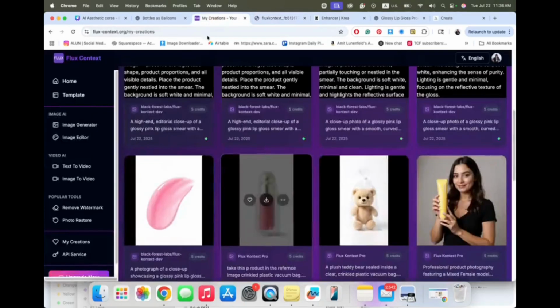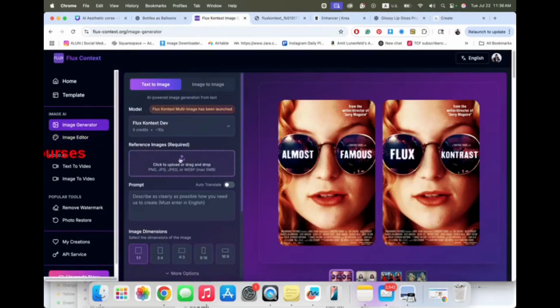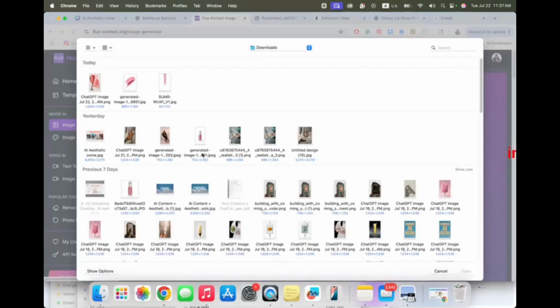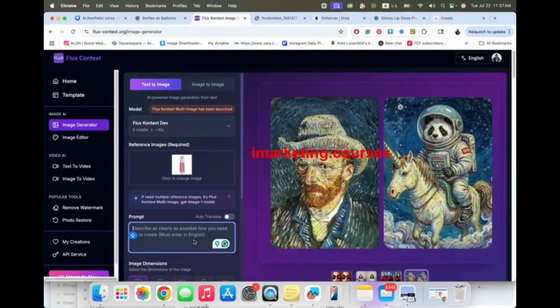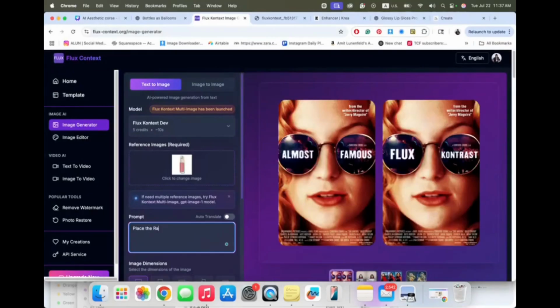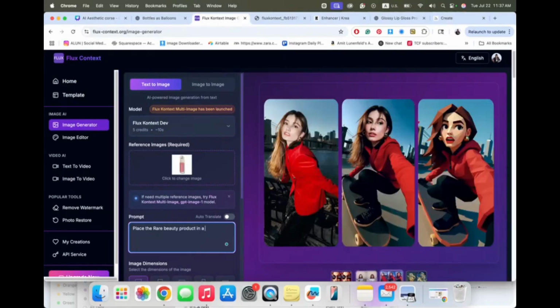The way we do it, we go here to the image generator and upload a product. This is the Rare Beauty. We describe a prompt, so we can say something like, place this Rare Beauty product in a nylon bag.